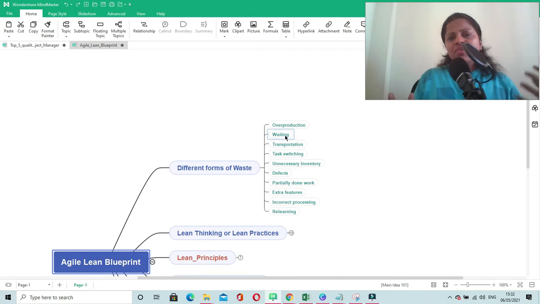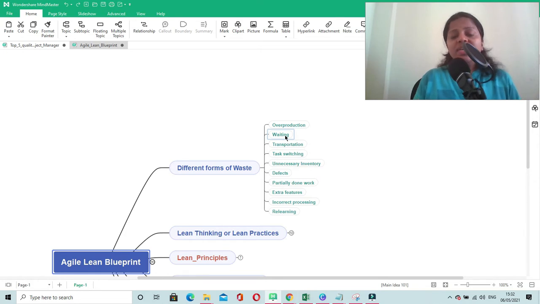For example, if the design specialist is working on the design of the software, then the tester should not sit idle waiting for the developed software to come in front of him and then test. What he can do is start working on the test cases and business test cases and so on,